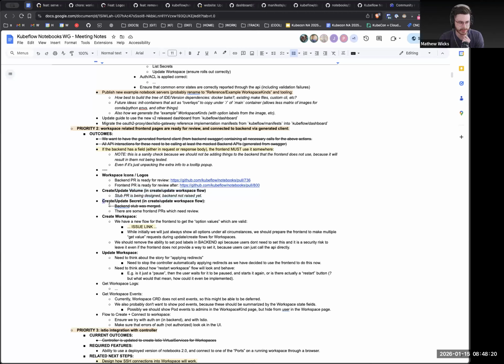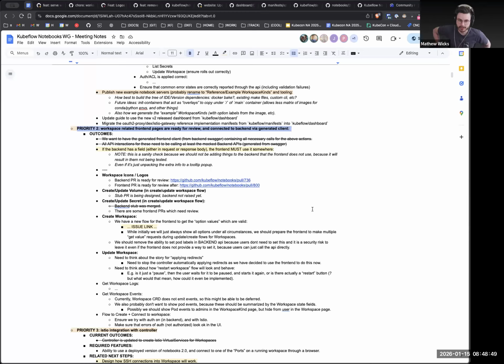So secrets, I really want to make sure that the UI gets a little bit better for this as well, because I think it's a little bit confusing right now. I think you probably haven't seen it, and I haven't messed with it either, right? There's a lot of changes that already went in as part of picking up the API. So we want to revisit that. The way it originally looked, it does not look like that now.